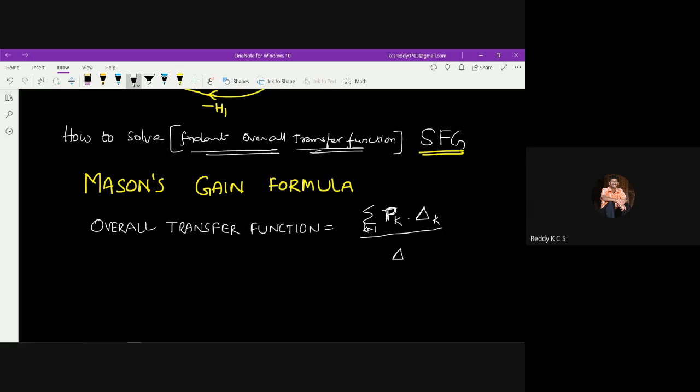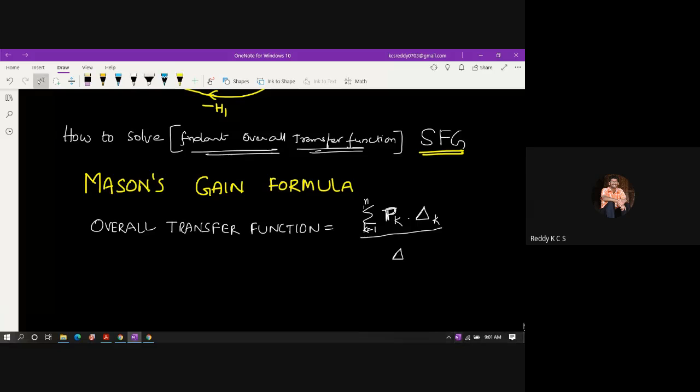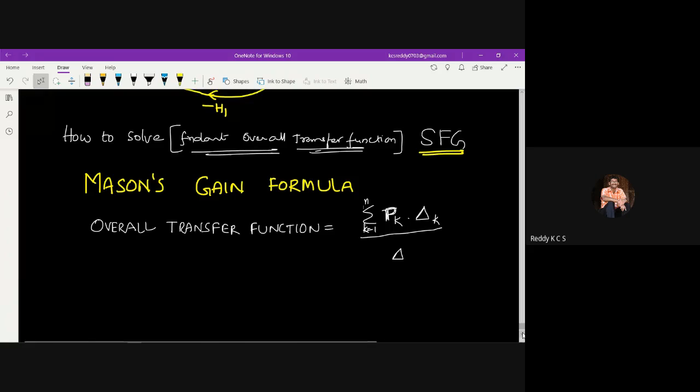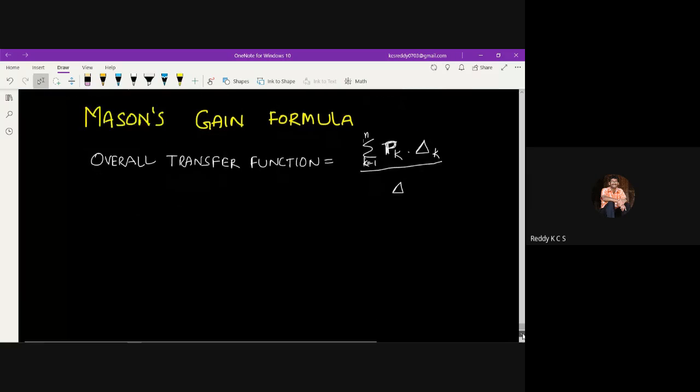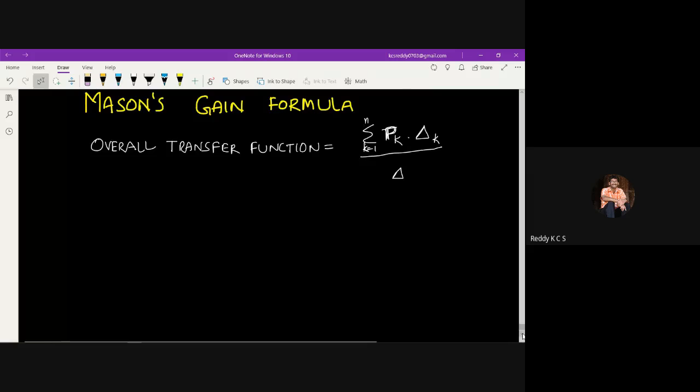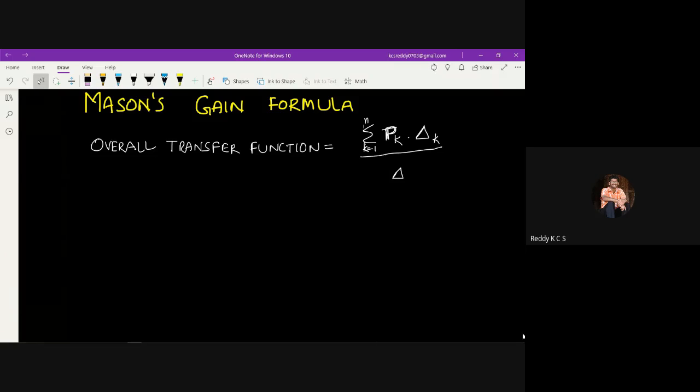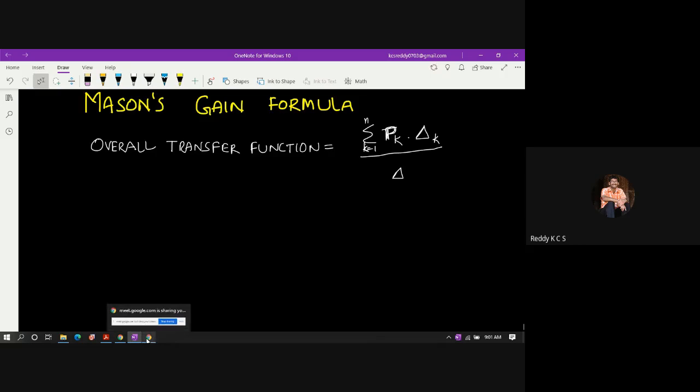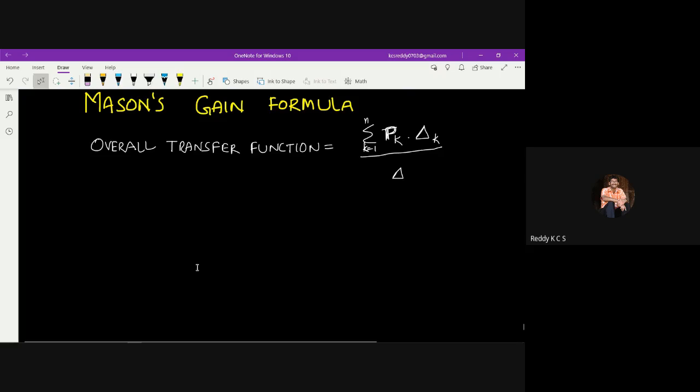K is equal to 1 to n. I'll discuss what each variable in the equation represents, but you should know what the formula is: summation of Pk into del k divided by del. So what each parameter represents in this case is, where